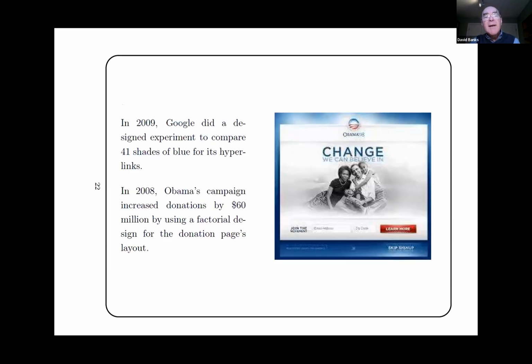In 2009, Google did a designed experiment to compare 14 different shades of blue for its hyperlinks. And they picked one, but I can imagine that in the future, they might create personalized shades of blue or personalized colors for hyperlinks. And I will note that some people have vision deficiencies in the blue spectrum. And it may be that for them, you'd like to have, I don't know, a magenta